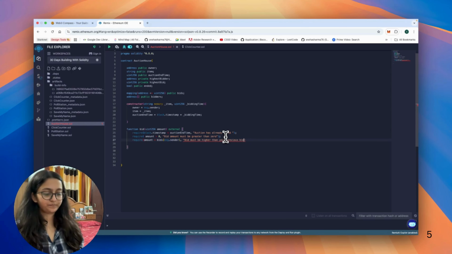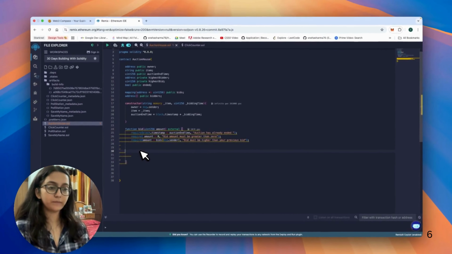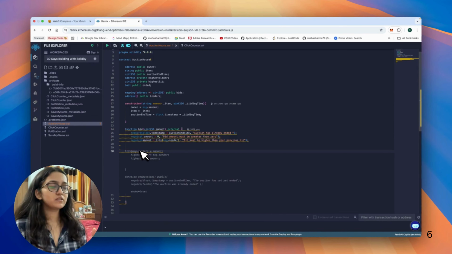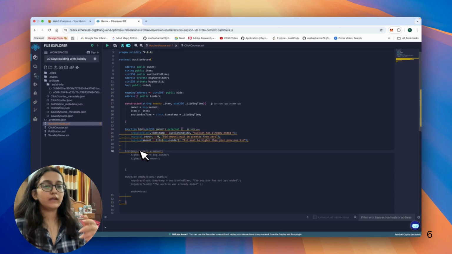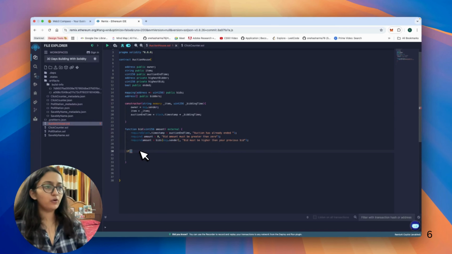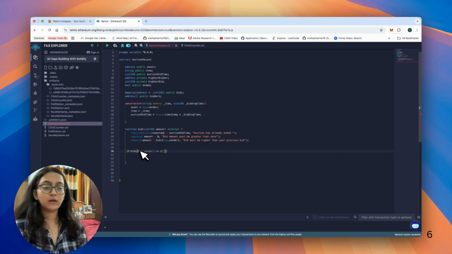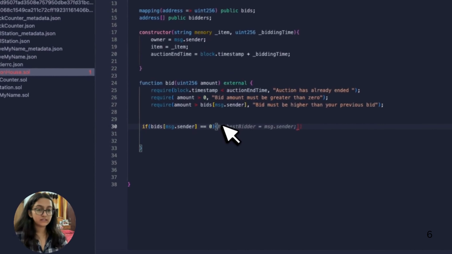Okay, now that we've written all of the required conditions, we'll start implementing things like check who is bidding and store their new bids. Let's see how we'll do it. So we say, if bids, message, so bids is the mapping that we had created here, and we say, if bids[message.sender] equals 0, then you do,